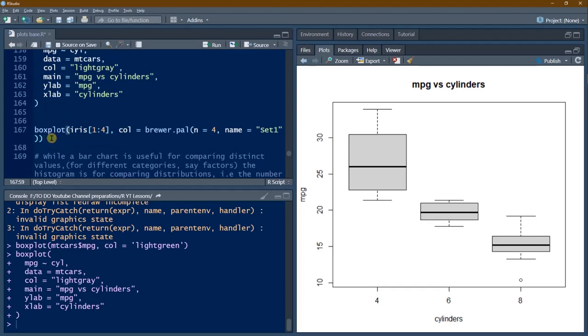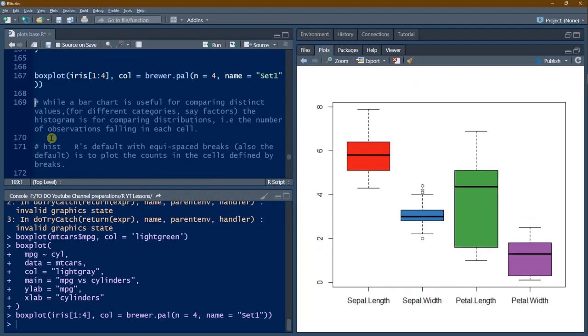So the box plot is one method of visualizing the entire data set, and here I have drawn it for the iris data set. In the iris data set we have got sepal length, sepal width, petal length and petal width, 4 vectors, basically 4 columns, and the data is charted here using the Set1 colors.